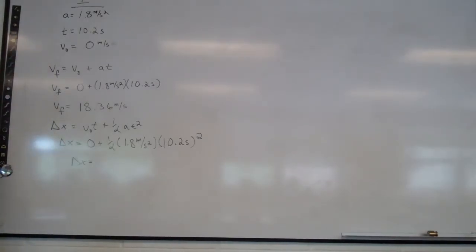Mr. Kente. Yes, Brian. Can we use delta x equals 1/2 final plus initial times time too? You can use that. Why shouldn't you use that? Because your final velocity could be wrong. Yeah, if you use an equation with final velocity and you mess up there, you'll mess up here too. You'll probably get the same answer, but it's a good idea not to risk it. You gotta not risk it to get the distance.